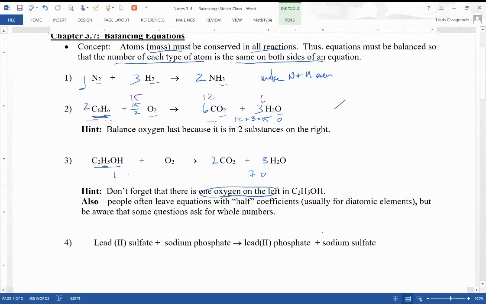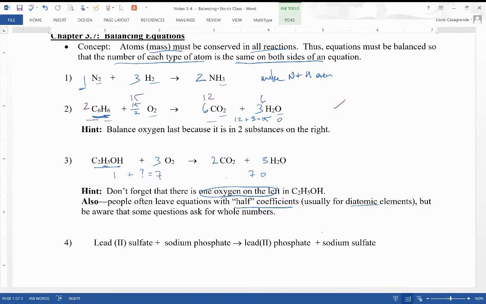So if I have the 1 plus something to give me 7, don't forget that that 1 is already there. So that something is going to be 6, and 6 divided by 2 gives me 3 oxygen atoms. And that gets me balanced on the right. So the half coefficients are okay for diatomic elements, but be aware that when you get to the